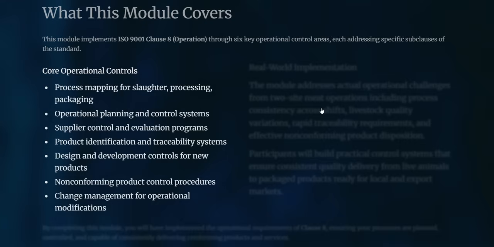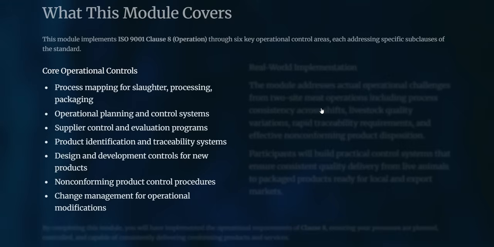The core operational controls will cover the following: process mapping from slaughtering, processing, and packing, operational planning and control systems, supplier control and evaluation programs for the suppliers, product identification and traceability systems, design and development